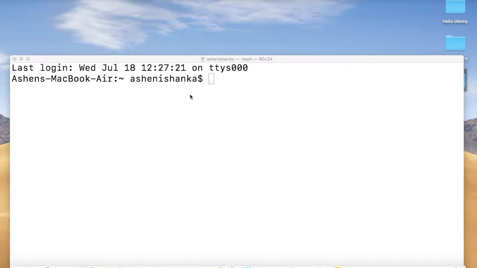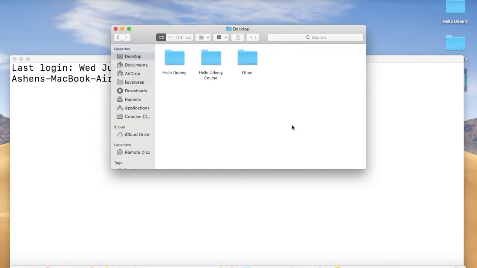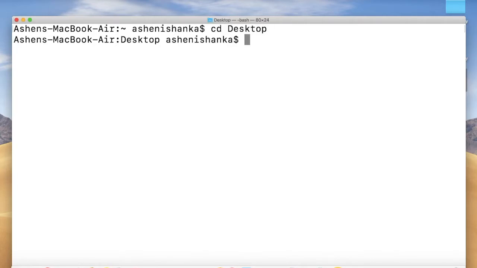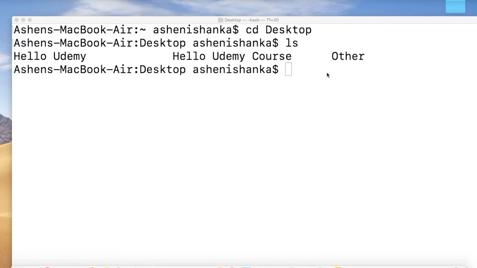Okay guys, let's look at how to copy a file or folder with terminal. This is my desktop folder. I want to make a copy of this Hello Udemy folder. To do it, I am going to navigate to my desktop folder. cd Desktop. To make a copy of a folder, I am going to write cp